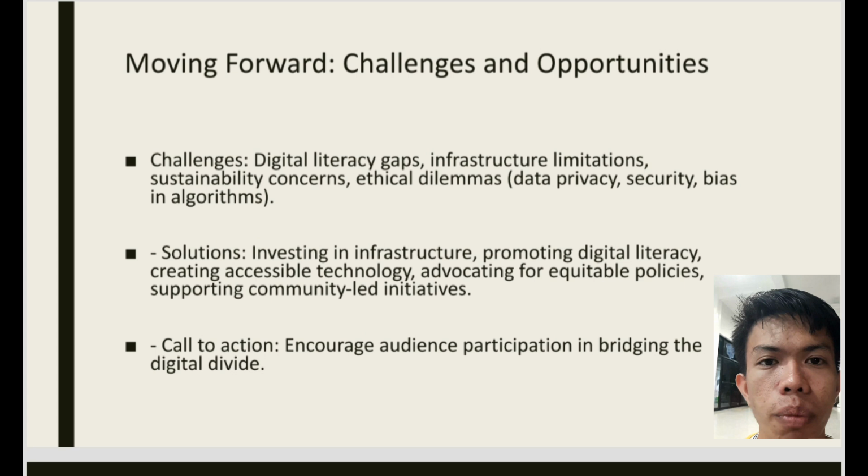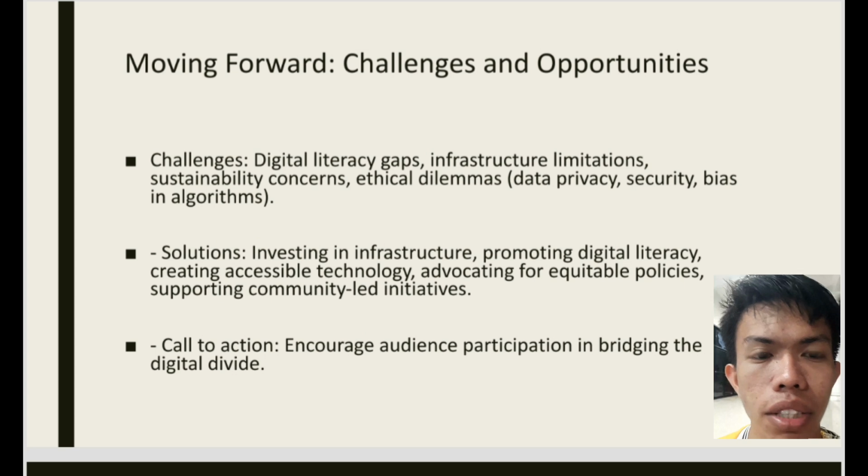Several initiatives to bridge the digital divide often involve community-based partnerships and a deep understanding of local context. Simply providing internet access isn't enough. Effective programs must also address digital literacy, providing training and support to ensure individuals can confidently and effectively utilize technology. This might involve community workshops, mentorship programs, or the development of culturally relevant digital resources.